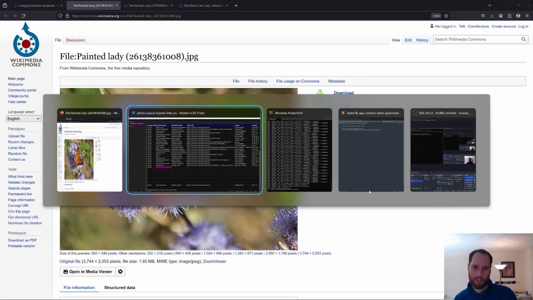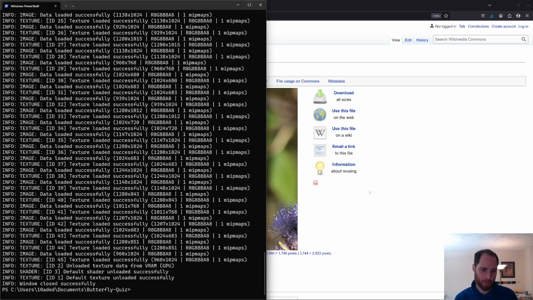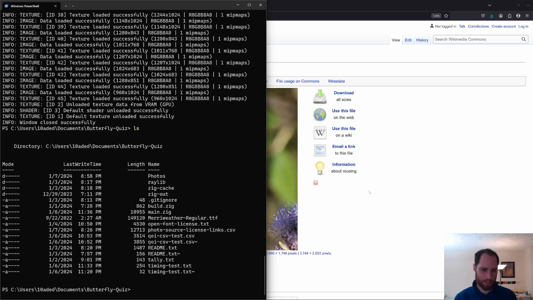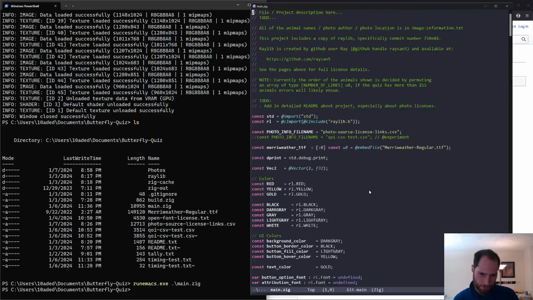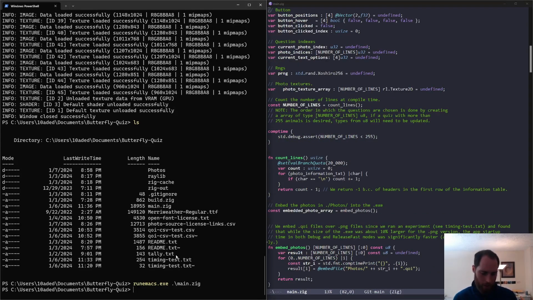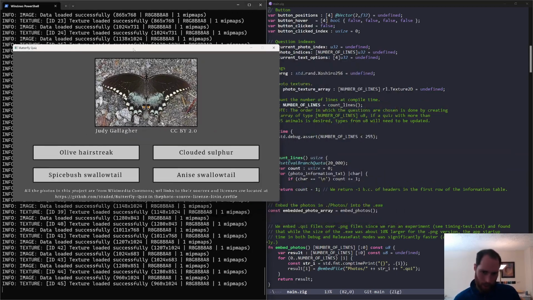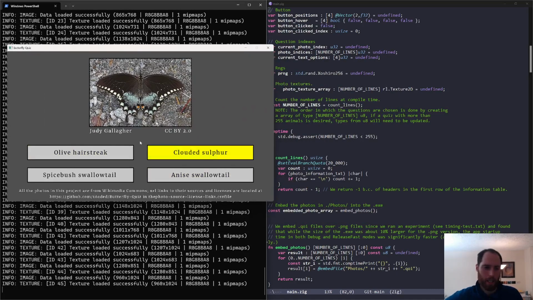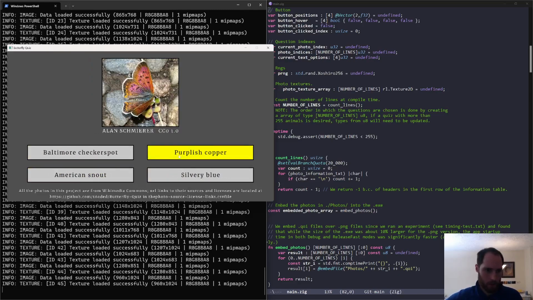Yeah. I'm currently at the stage where I'm just adding more stuff to this app. So let's see. If I run emacs main.zig, I've written the app in Zig. I'll show you what the app looks like so far. I'm just creating an app for myself so I can learn the names of all of the butterflies in this book I picked up when I was visiting some friends in the Bay Area. So yeah, this is Spicebush, Holly Blue,